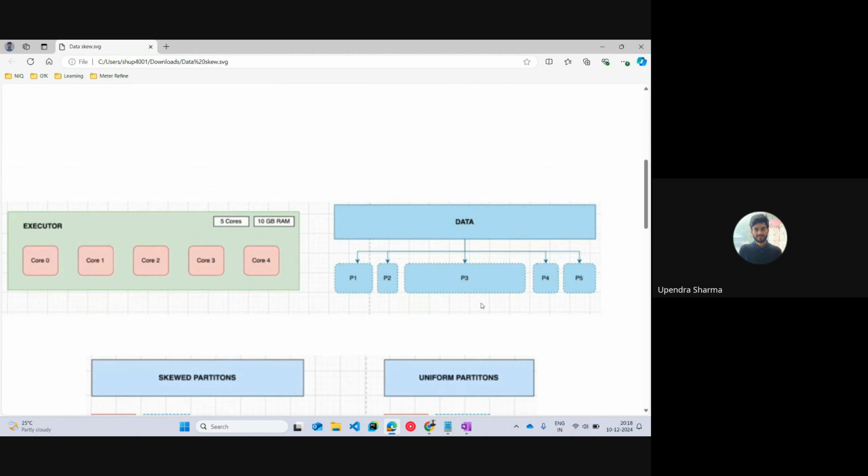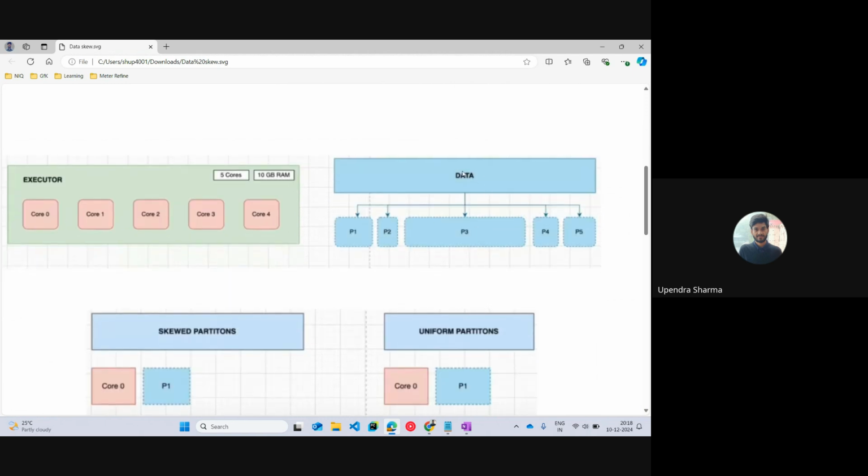Here is one more illustration. So here we can see this is our data, right? Now this data is broken down into 5 smaller partitions, 5 smaller chunks. Here we can see that P3 is significantly larger than the other partitions. So as I mentioned, it is very obvious that this P3 partition will take much more time than other partitions like P1, P2, P4, P5. They will get completed first, but they will have to wait for this P3 partition to get completed. Only then can they aggregate their data and give us the resultant output.